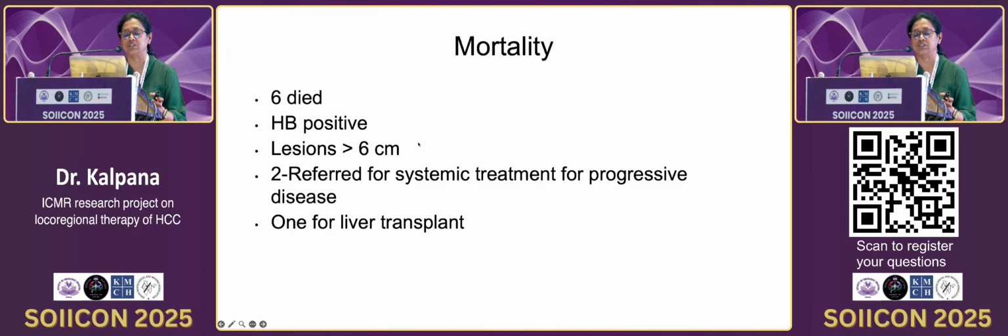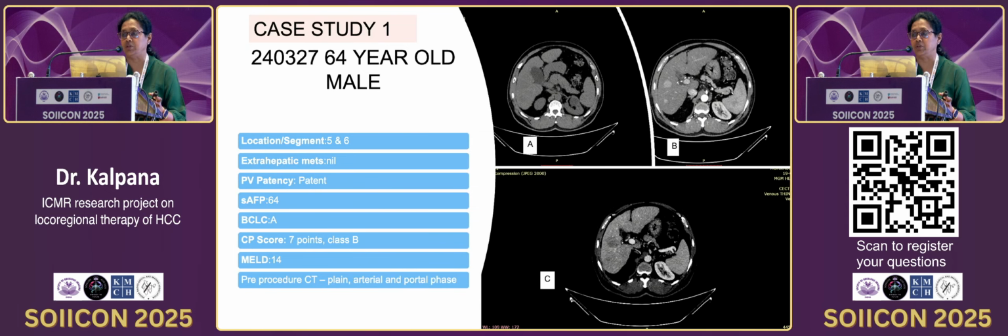They had lesions larger than 6 centimeters, and after TACE, because they had progressive disease, we referred them either for systemic treatment, and one of the patients was on the transplant criteria team. So just moving on to a few examples, this is a 64-year-old male who had a typically enhancing 2 lesions